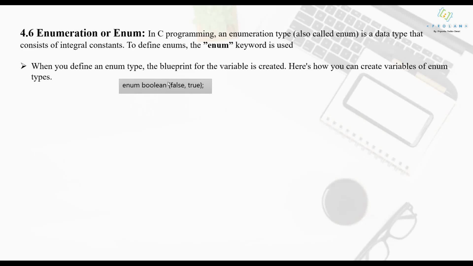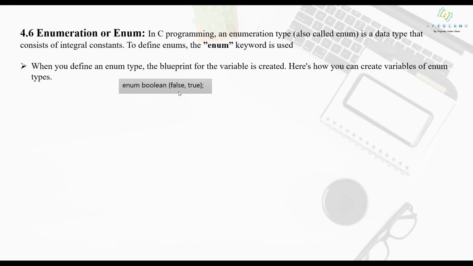Okay, the values included in the enumerated data type are false and true. These are the two names. So I can assign any integral value to the false and I can assign any integral value to true. In case I'm not assigning any value to these names, what will happen? Compiler will automatically assign values to the false and true.